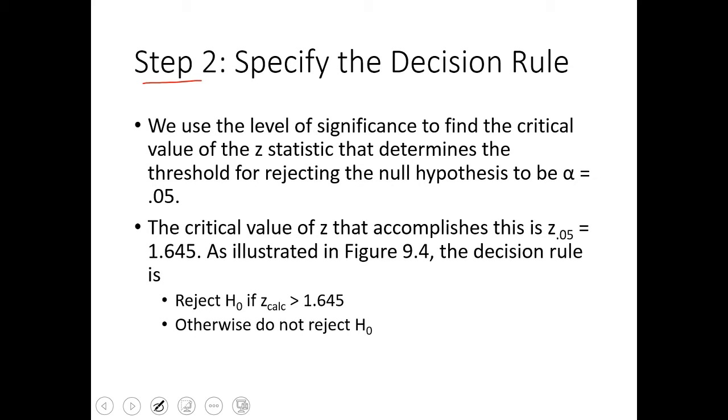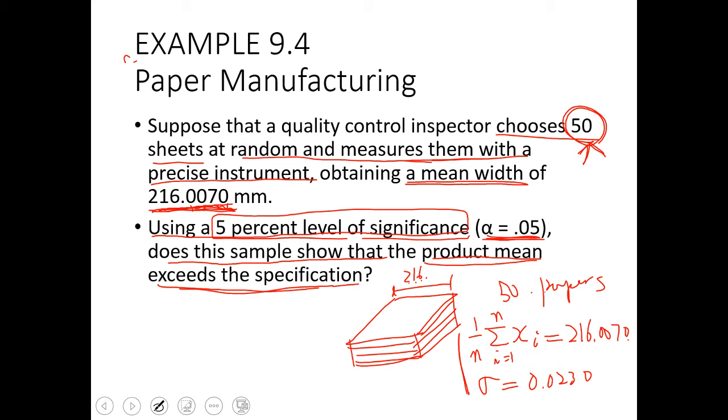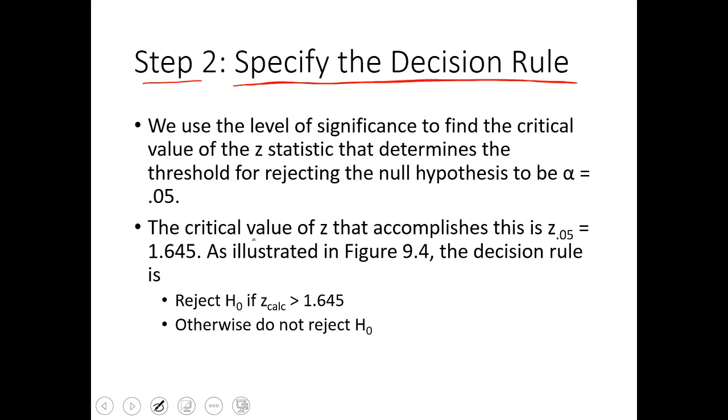Step 2 is to specify the decision rule. In this example, we say 5% level of significance. So here alpha is 0.05. It is the 5% significance level. Okay. So if we calculate our z statistic,